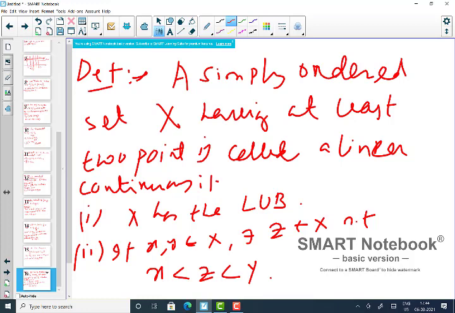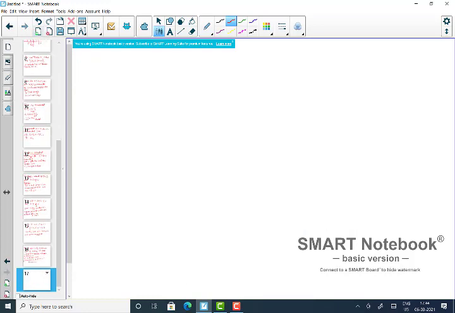Then we call this set X with the order topology a linear continuum, right? And the way we prove it, we are showing that it is true for any linear continuum, because we only use the order method, nothing else, right? So a corollary of what we have done, or rather prove, that